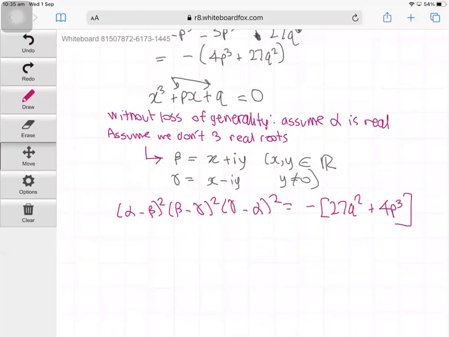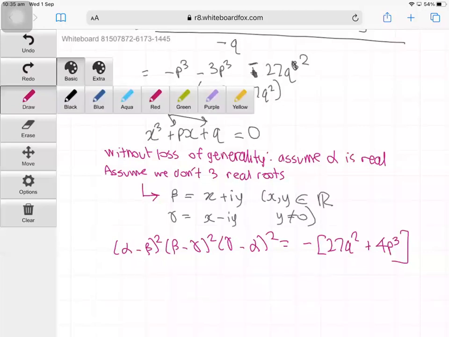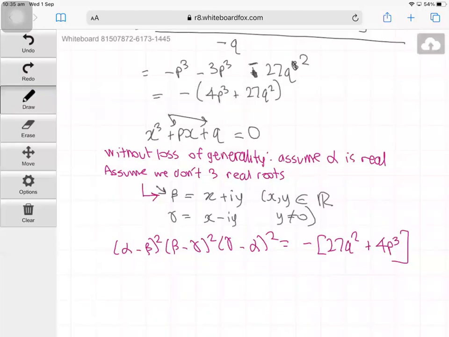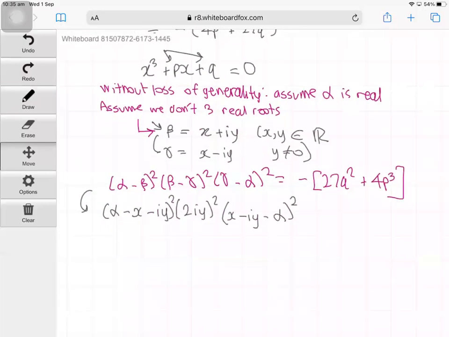Now alpha minus beta. What's alpha minus beta equal to? We have this new substitution for beta, so we have alpha minus x minus iy. Beta minus gamma is equal to 2iy. And gamma minus alpha is equal to x minus iy minus alpha. So this is the same. And now,